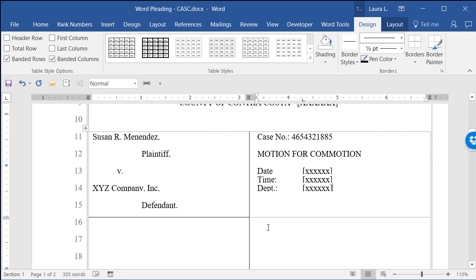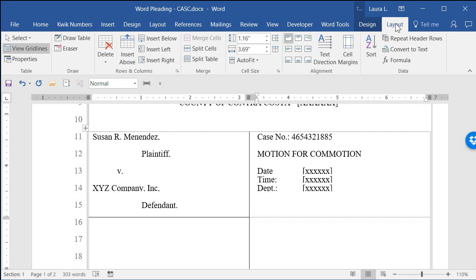Now those grid lines do not always show, and if your grid lines aren't showing, I would recommend you turn them on. And so while I'm here in this table, I want to show you where those are. As long as my cursor's in the table, I see my design and layout ribbons, and on layout, over to the left you'll see view grid lines. If I turn this off,